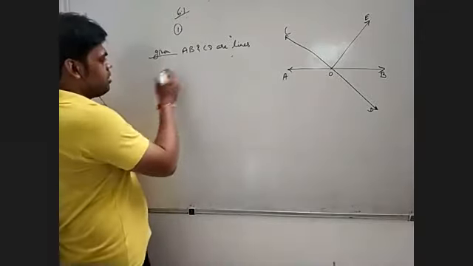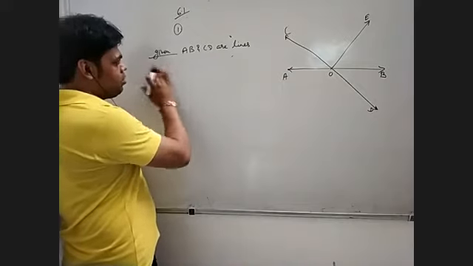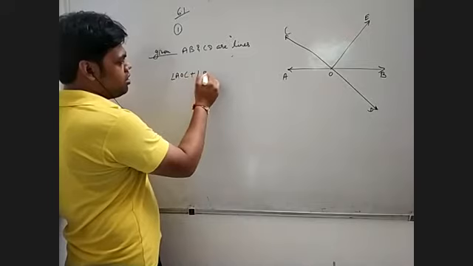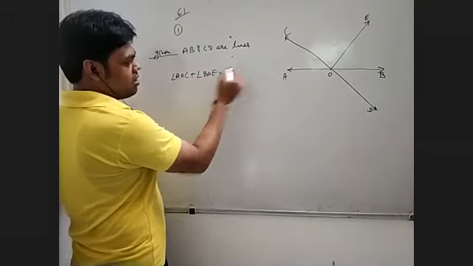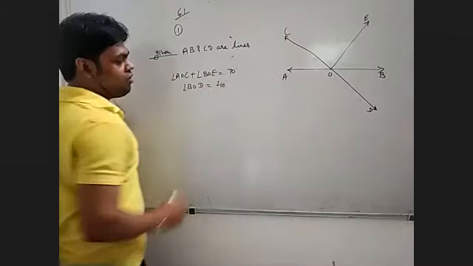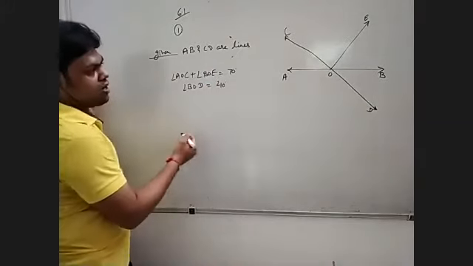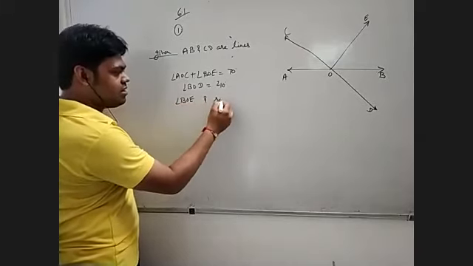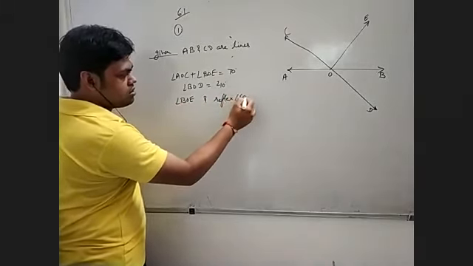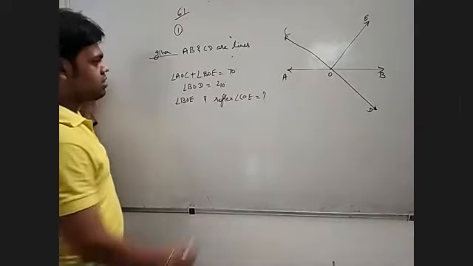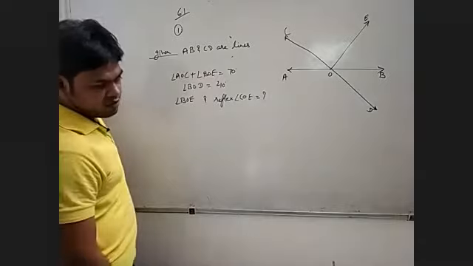Okay, in the finding section also it is given that AOC plus BOE is equals to 70 degree. And one more thing, BOD is equals to given 40 degree. Now we have to find here first one part angle BOE and second one is reflex angle COE. These two parts we have to find here. Okay, first BOE how to find and reflex COE how to find.